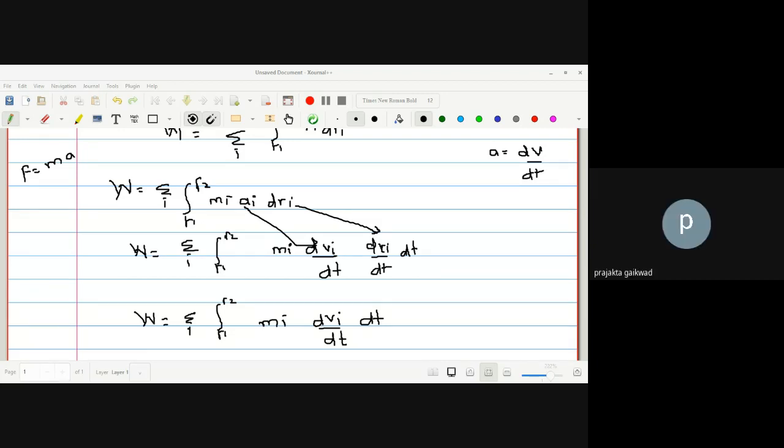What is the answer? dr by dt. Velocity is nothing but dr by dt, right? Rate of change of a position vector. I have given you a real life example also. Position is where you have the position of that body. Suppose you are traveling from your home to a shopping center or mall, how are you going to find your velocity, speed, whether you are traveling on a bike or walking.